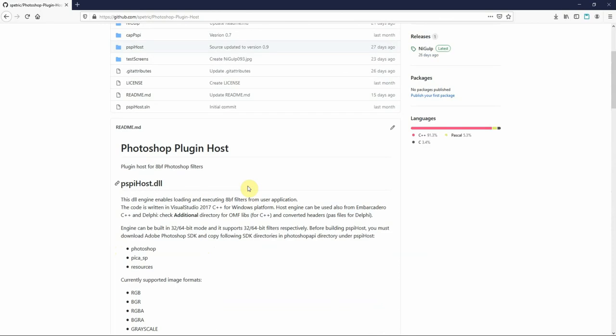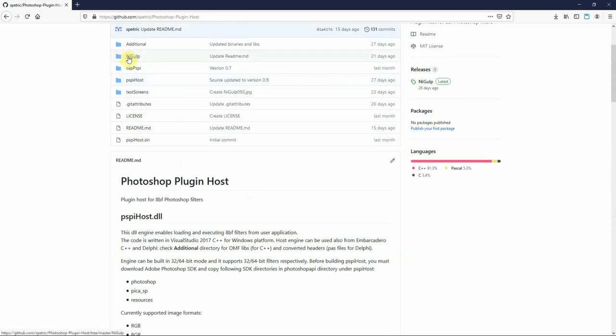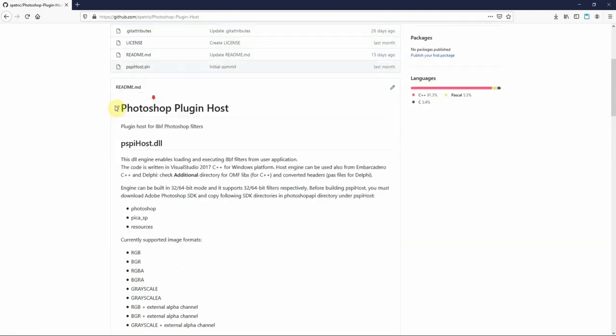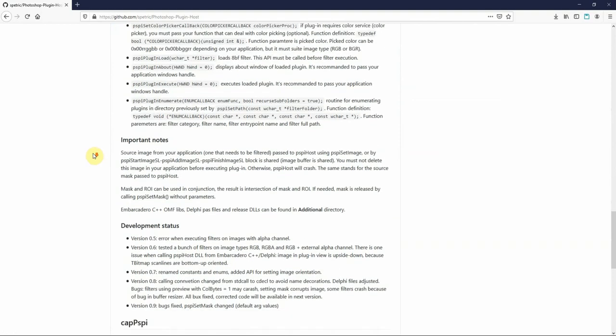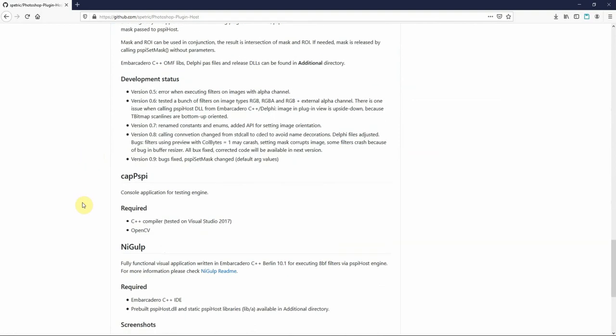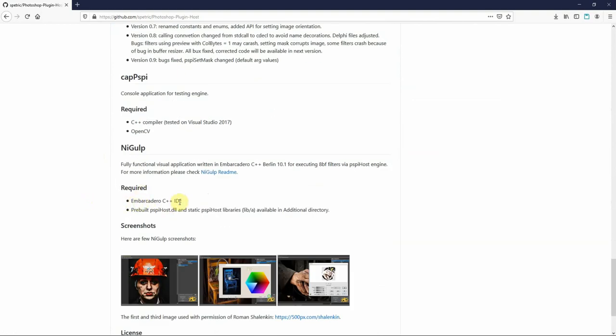It comes together with a fully functional application called NiGulp, which is actually Plugin written backwards, and it's written in Embarcadero C++ Berlin,